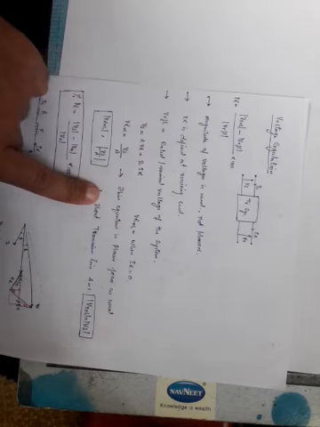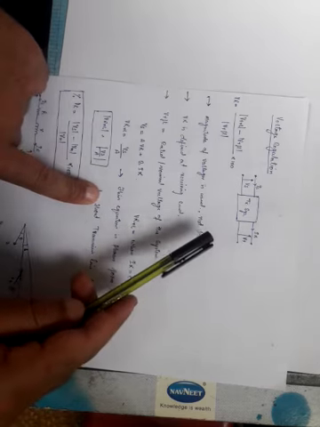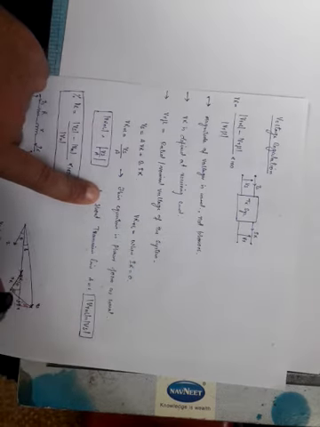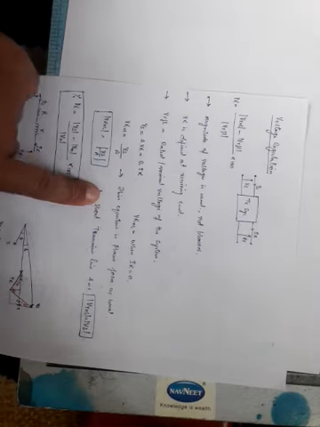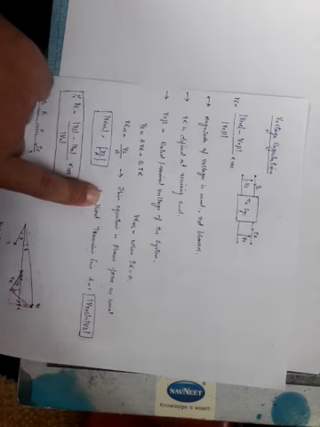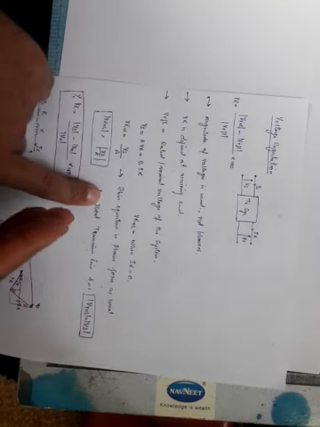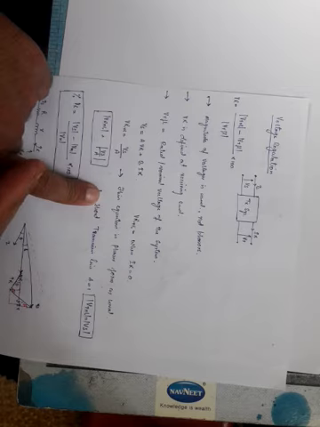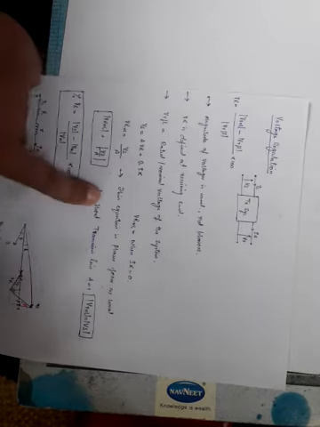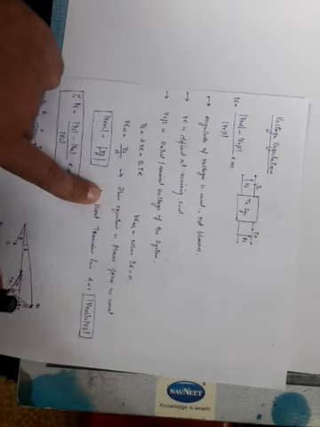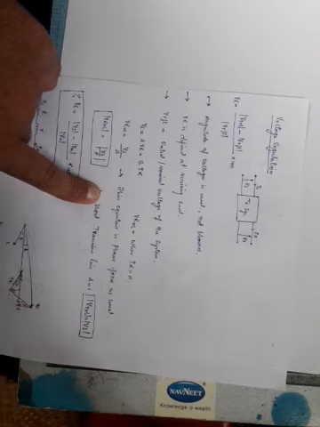The second point is that we define this voltage regulation on the receiving end only, not on the sending end. There are particularly two reasons. The first reason is that we want that at the receiving end there should be rated voltage. We should be able to transmit the rated voltage at the receiving end, because all the equipment or gadgets that we are using at our household are designed for the nominal or rated voltage. So it is a prerequisite for any utility or power system that consumers are supplied the rated voltage.